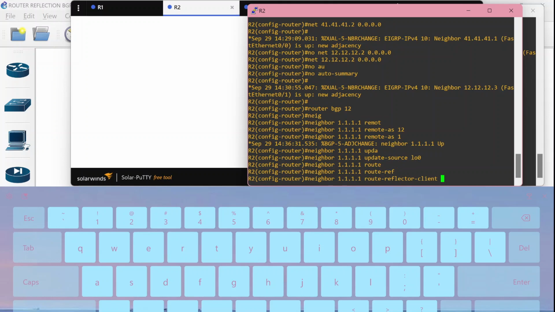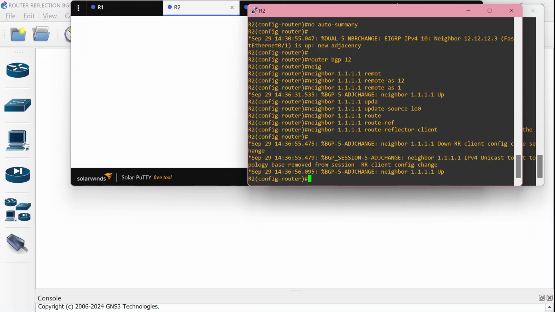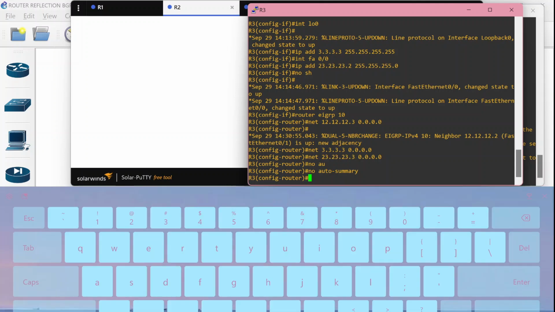Okay guys, so after that we can make the same configuration in router number 3.